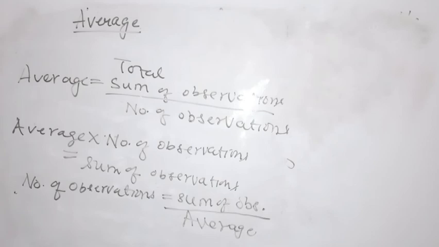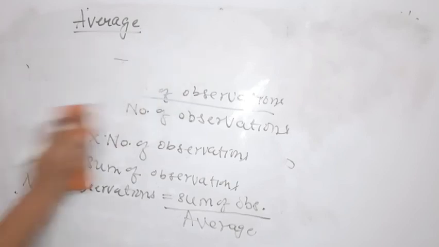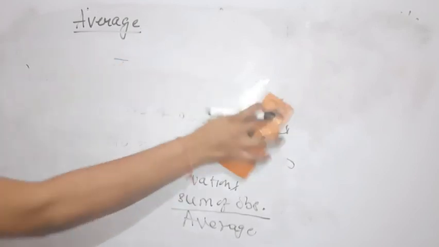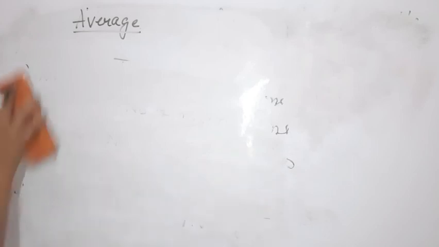So in total we have obtained three formulas. One was the main formula, and from that main formula we have obtained two more formulas, like we did in the case of profit, loss and discount, right? Now I will be explaining some questions that are based on average. It is very easy. Okay.